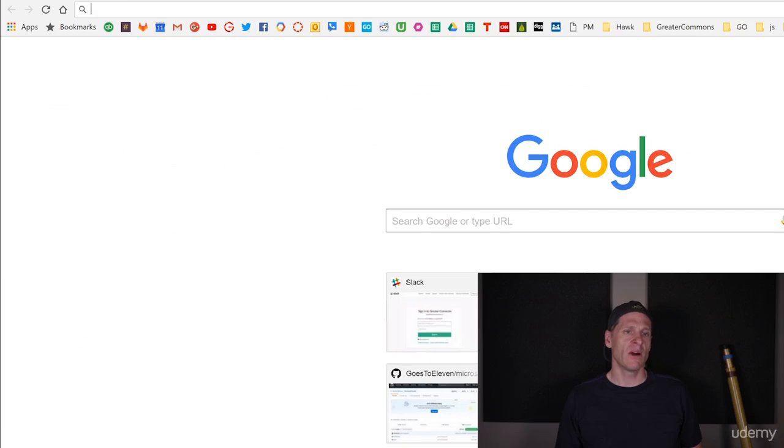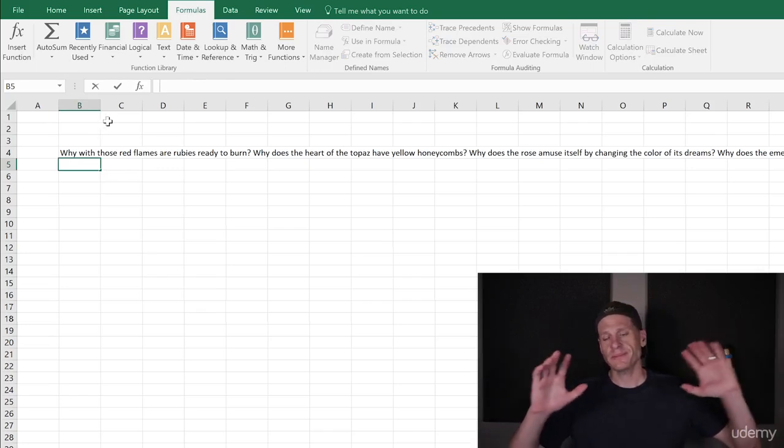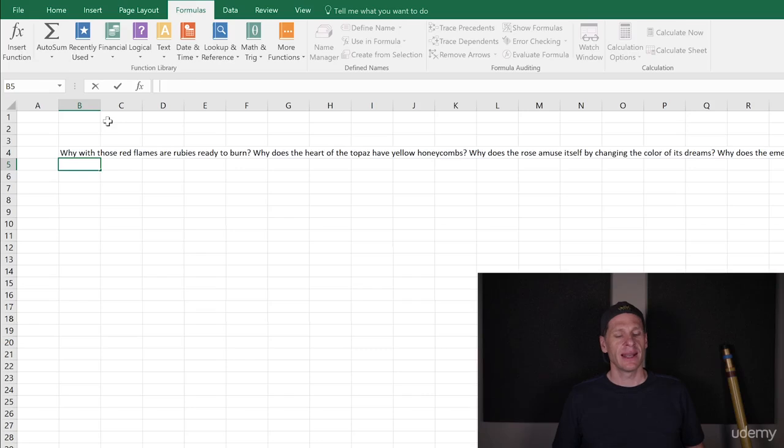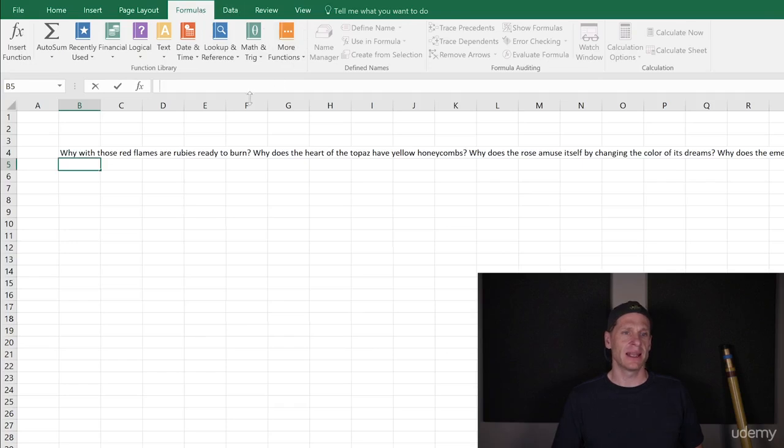I went to my Chrome and I pasted it in here and I got it. I tried to put that back in Excel. It didn't work. But then I was able to put it back into there and it did go through. And so that's just the workarounds. And those little tricks are good to know about, like taking text from Excel and dropping it into the browser bar and then copying it back out just to get it horizontal or to get it back to text, or then to take it in here and drop it in here to get it into one cell, because